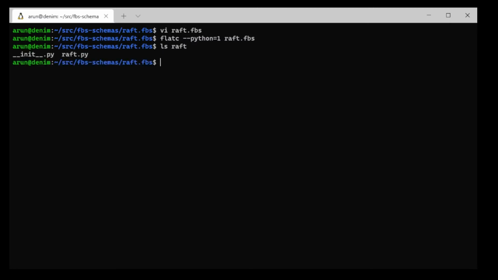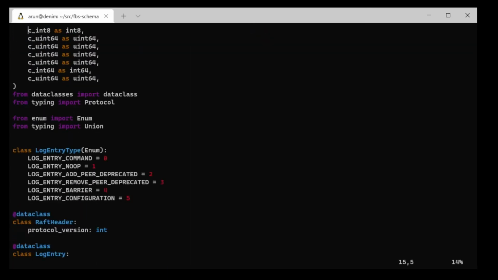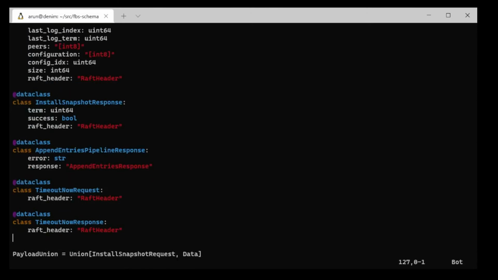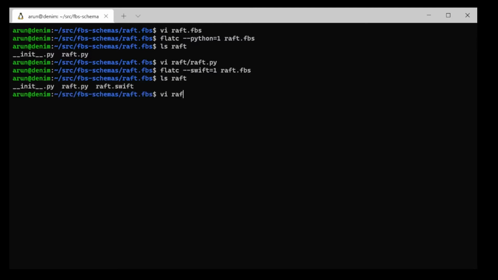You've got a module that's written in Python that mirrors the same data structures and constants. And you could do the same thing in a different programming language like Swift, and you get a Swift definition of the same data structures.